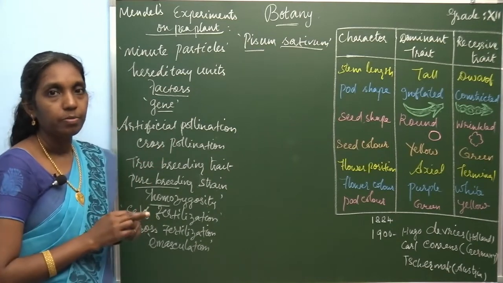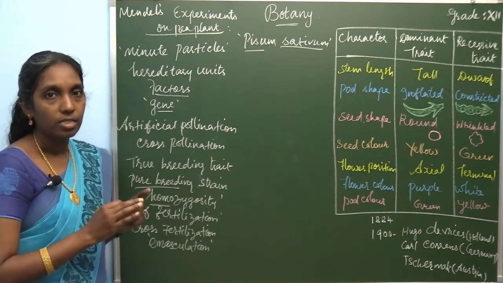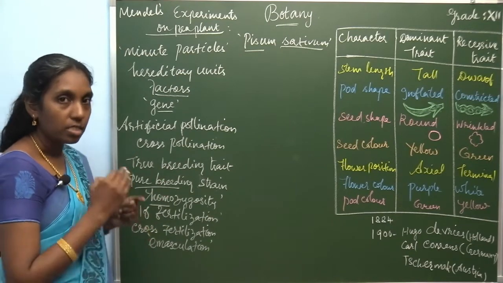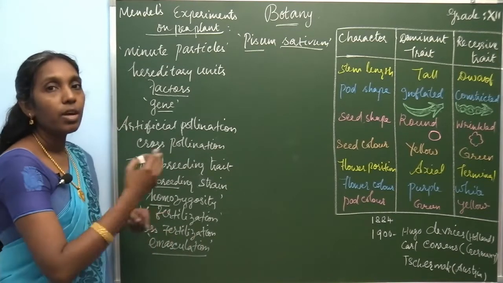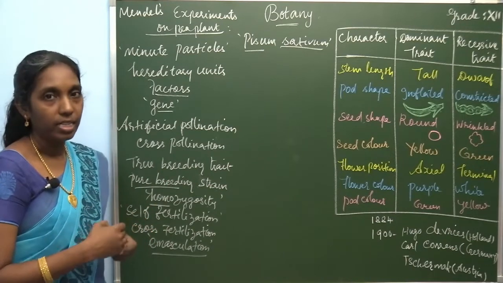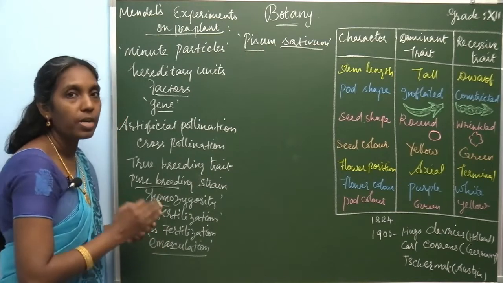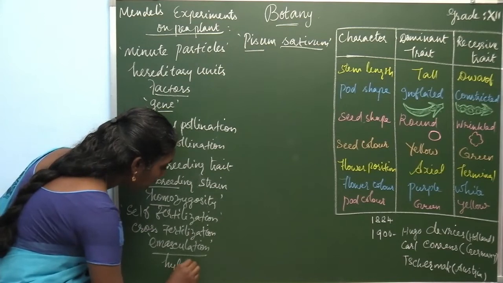He covered it without allowing another flower's pollen to be dusted on it. So the removal of the anther is the process called emasculation. In this way he allowed cross-pollination and formed a new variety, which is called a hybrid. So his experiments are based on hybridization. He produces a hybrid